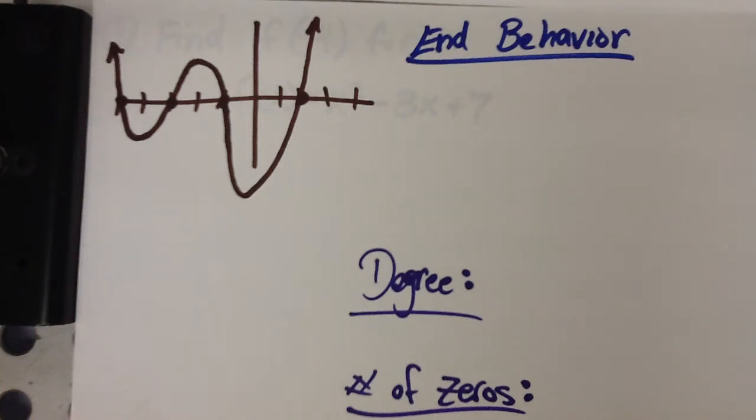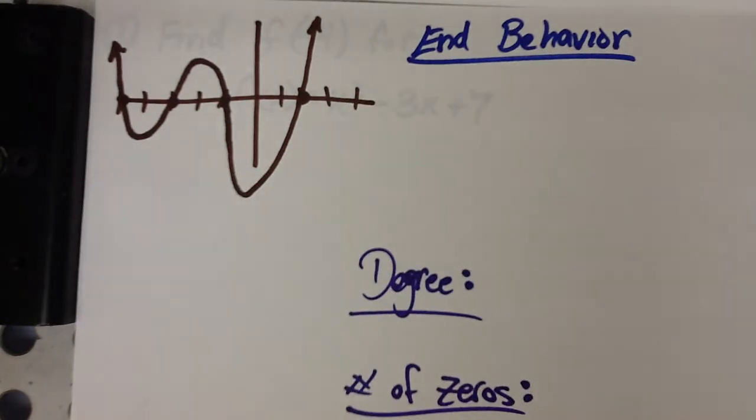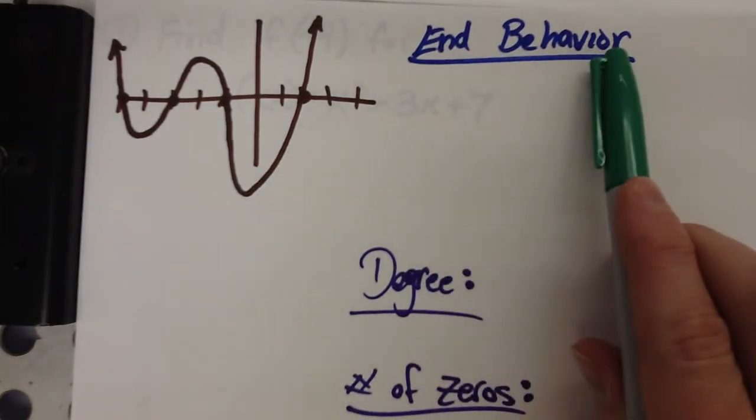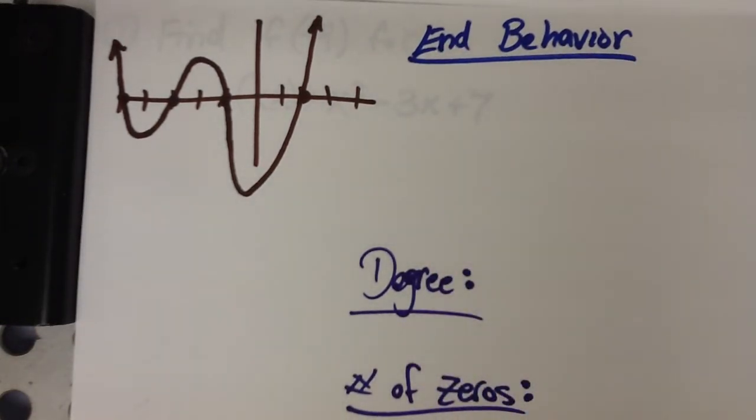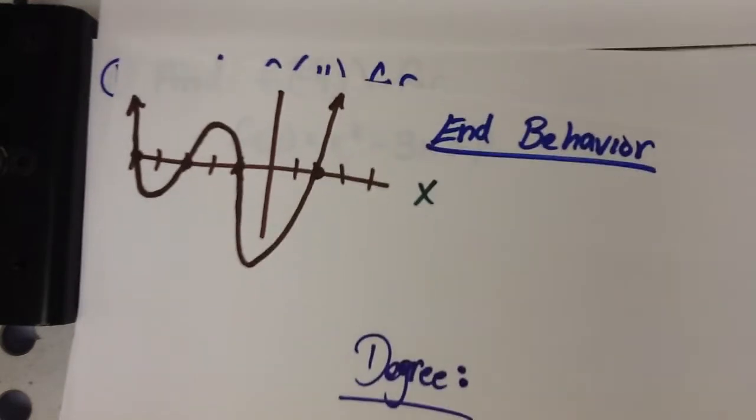Your turn now. Let's take a shot and see what you're understanding. So I got just an arbitrary graph. First thing I'm supposed to find is end behavior. All right, the way this always starts, as x approaches infinity,